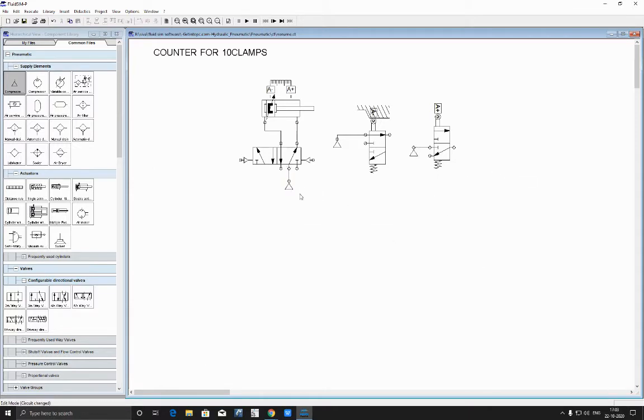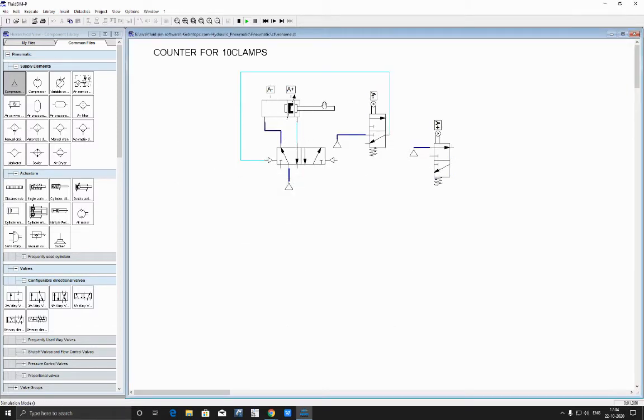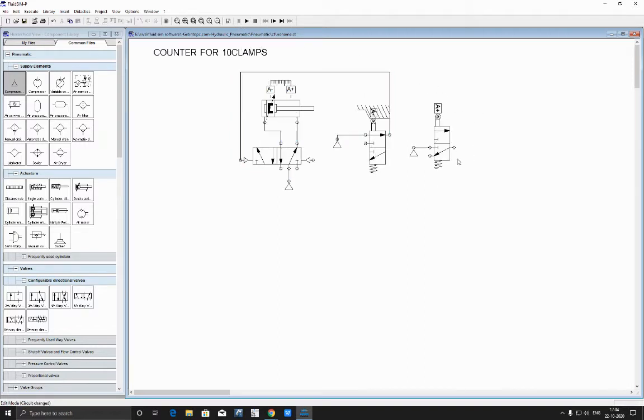Okay, now let us make this circuit flow continuously. Initially, when we start the simulation, we can find that from this A minus roller limit switch, air is flowing continuously as output. So we take this and connect it to the forward of the cylinder. When we do this, the cylinder moves forward automatically with the help of this air, and we are getting air from this direction. So we connect this and give it at the opposite pilot, the backward pilot.